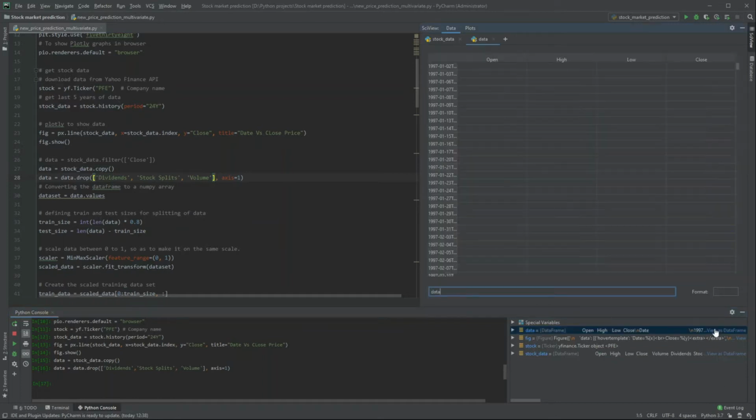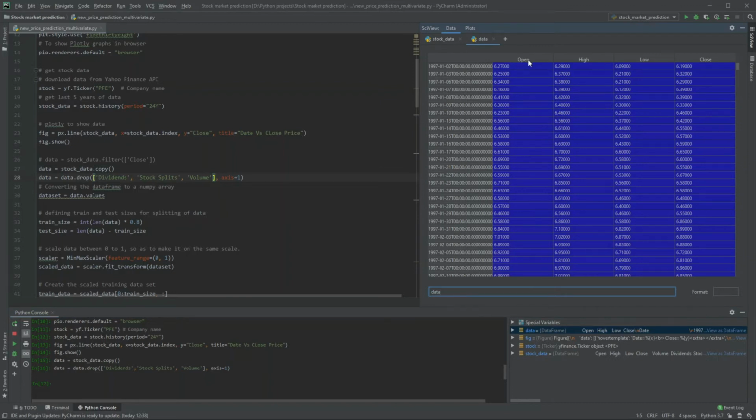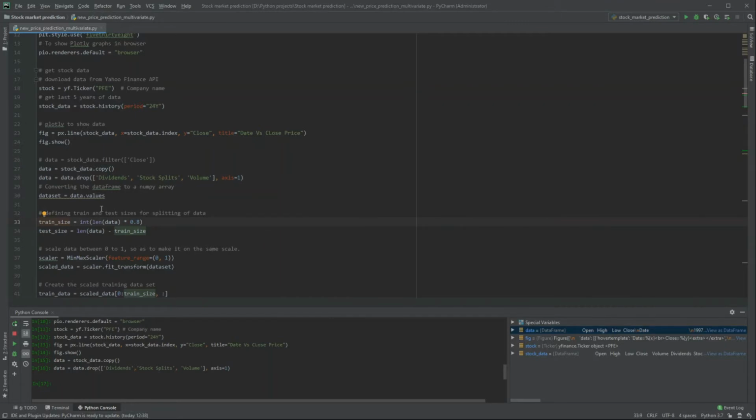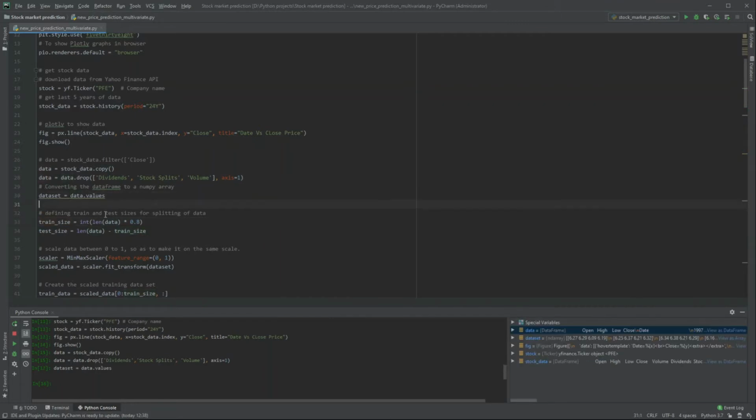After removing all those unnecessary columns, we see that we are only left with 4 columns: open, high, low, and close. The data that we took was starting from 1997. We'll be getting the dataset values. Basically, we are converting the data frame into the NumPy array for further use. We are setting up the training size and test size. As usual, we'll be setting the training size to 80% of the data in our dataset, and the test size will be